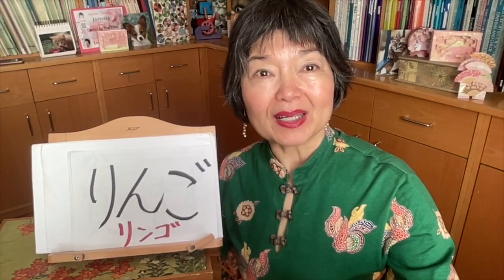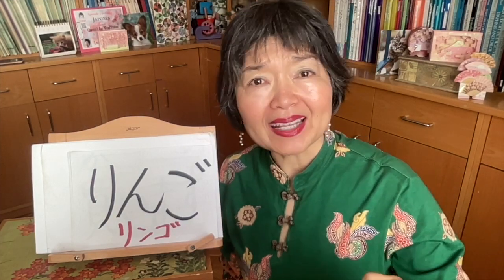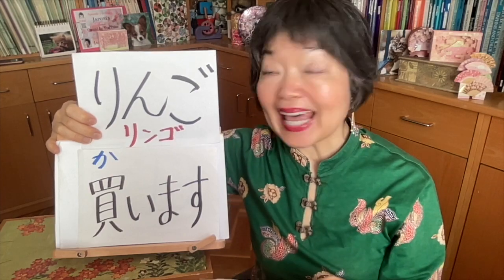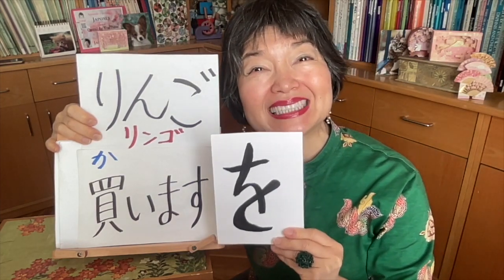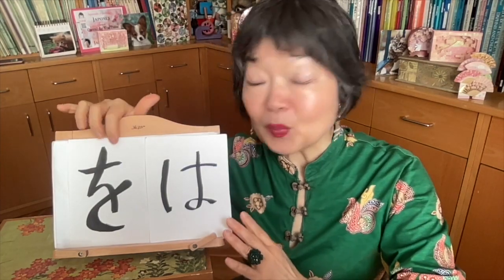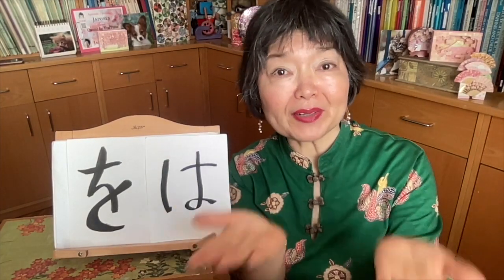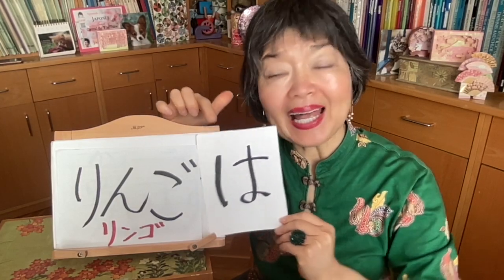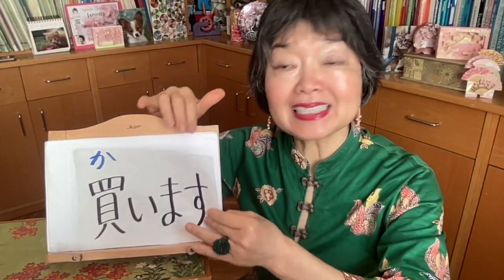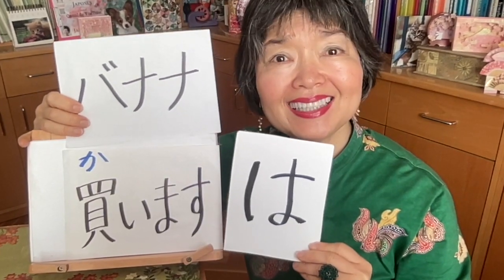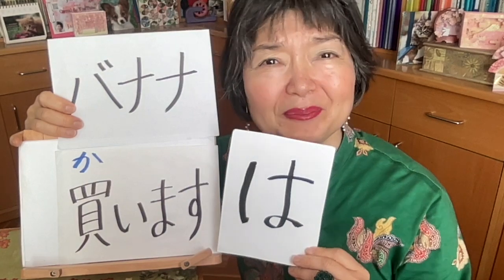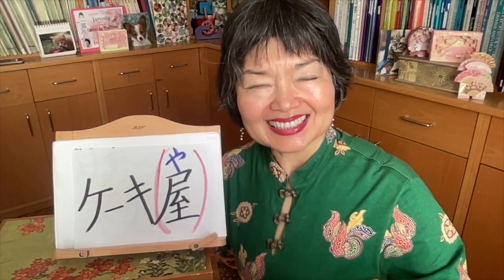Apples? Yeah, I bought them. Bananas? I didn't buy them. I buy some apples. In this case, apples are the direct object, so we usually use this particle. リンゴを買います。But bananas, I did not. So I'm comparing in some way. Instead of wo, we are going to use wa to emphasize. リンゴは買いましたが、バナナは買いませんでした。